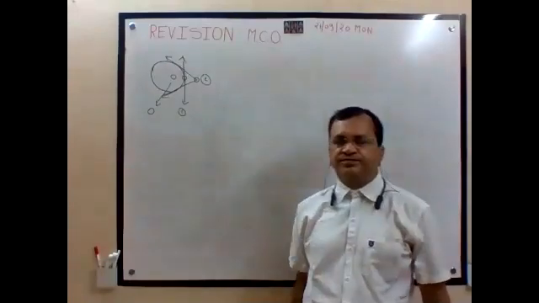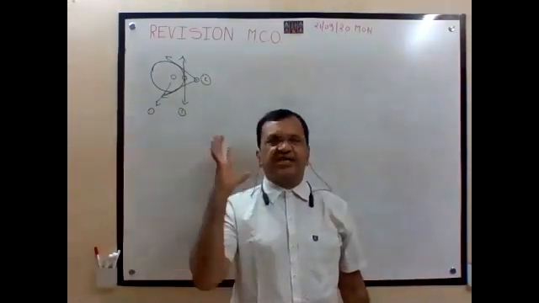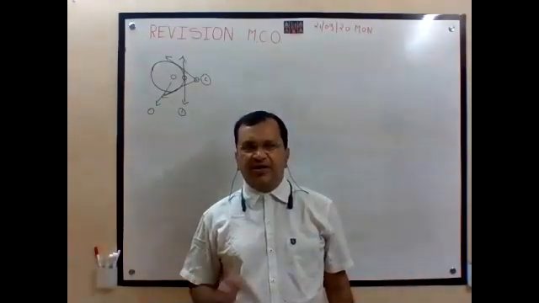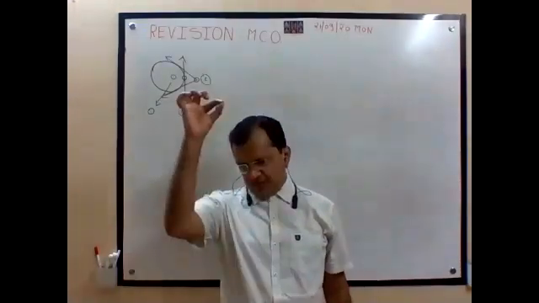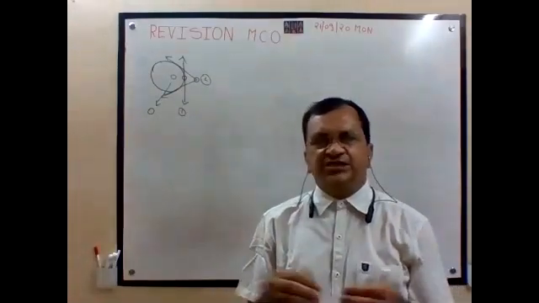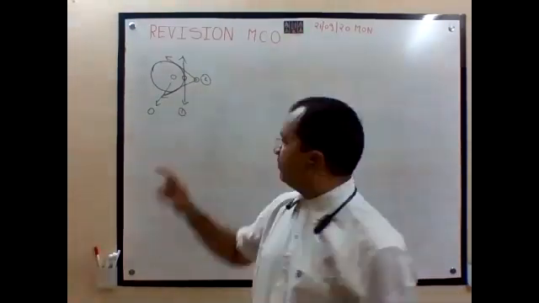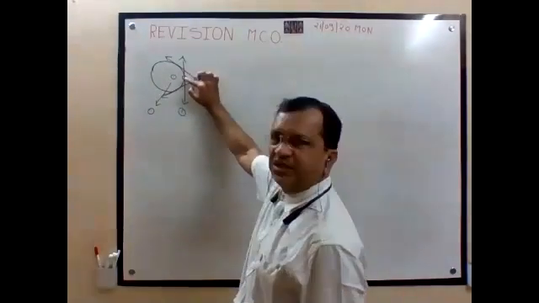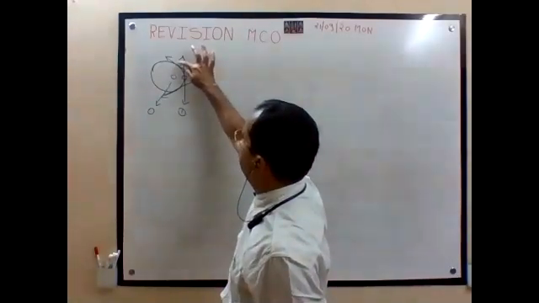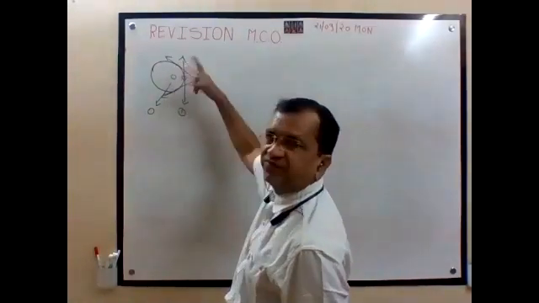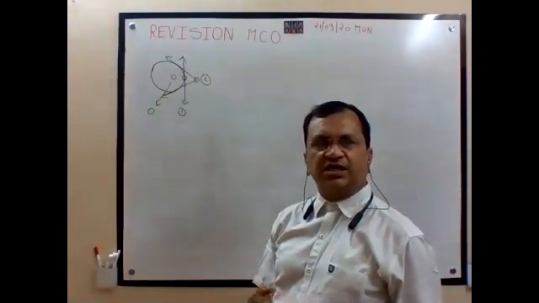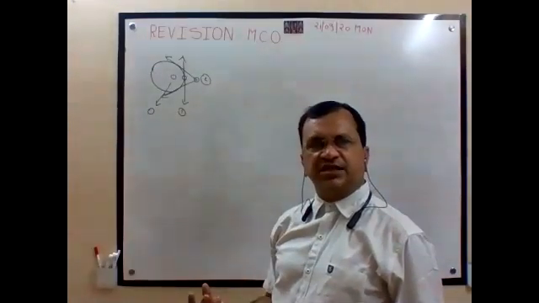Remember 3 points. If the point is given inside the circle, no tangent you can draw. If the point is given on the circle, only a single line you can draw as a tangent. Tangent of a circle means what? There is one common point between the line and the circle. Now from outside, two tangents, two different lines with one common point each. Inside, zero tangent. On the circle, one tangent. Outside the circle, two tangents.